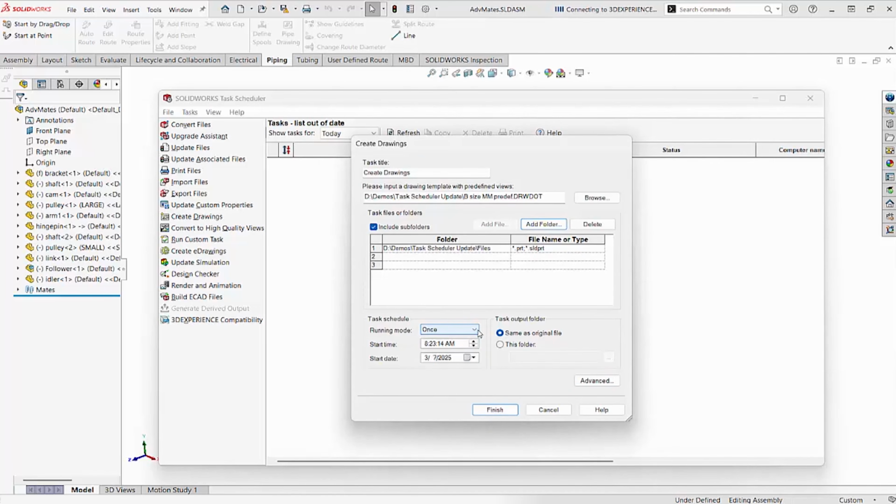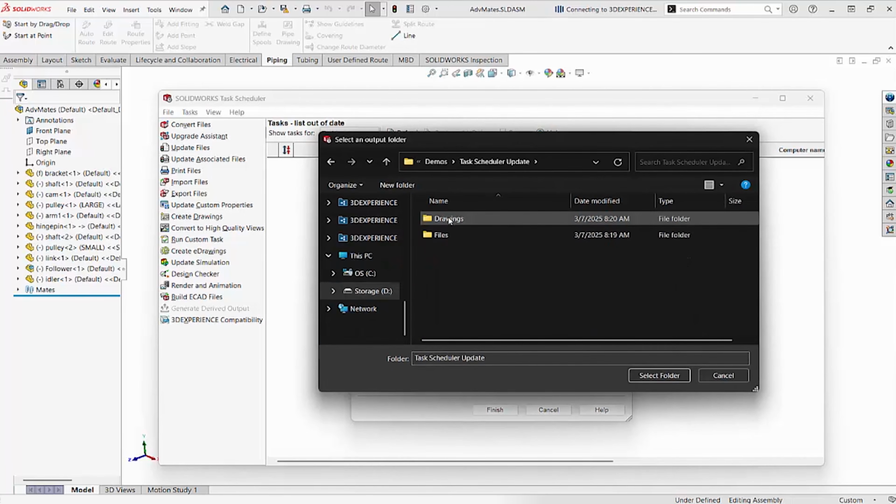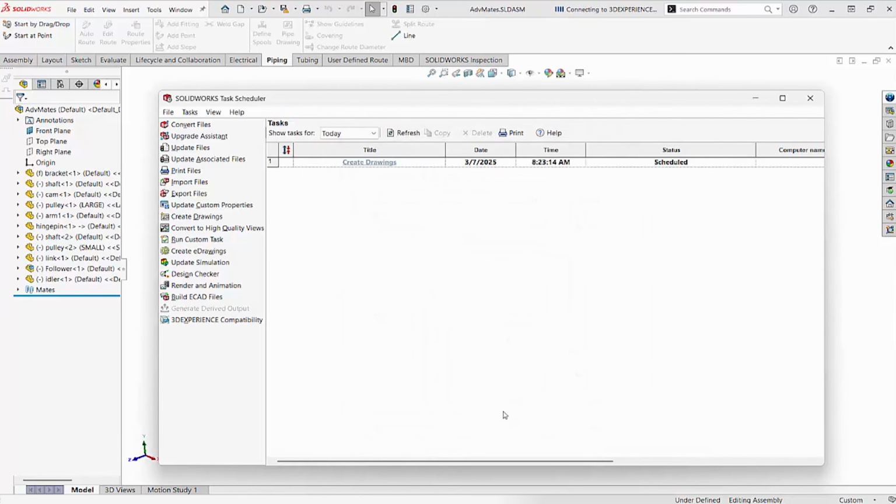we can then tell the task scheduler how often we want to run this task and where we want to place our finalized files. In this case, you can see I've got a drawings folder already established for this. I'll go ahead and say finish, and since I didn't set a predetermined time, SOLIDWORKS goes ahead and starts initiating